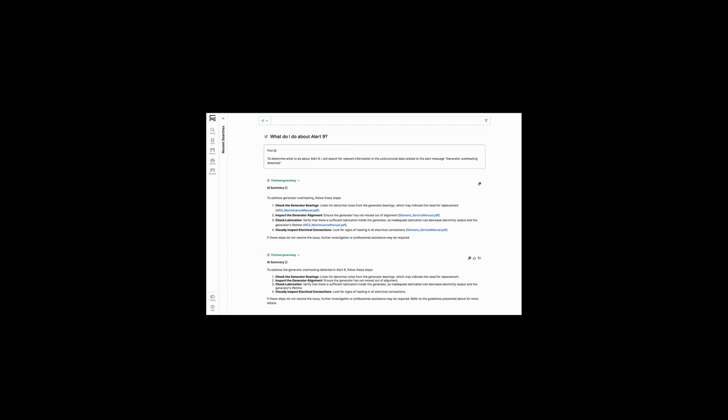And then now I can say, okay, well, I agree with that. Let's create a work order for this. So can you create a work order for this for me? So it knows all the context, and it can package it up, and it can actually submit a payload to create a work order. And this could be a work order in SAP. This could be a work order in ServiceNow. Or it could be a work order in our C3 AI object model. So it says, do you want me to proceed? It has the details of the work order. And it says you can also provide additional optional details like start date, end date.